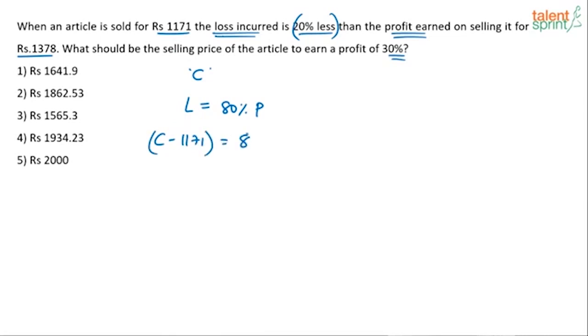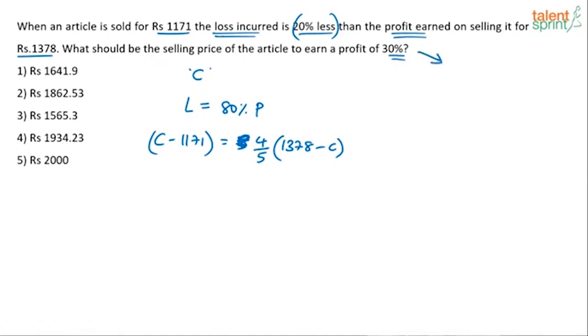What is profit? Now 80% can be taken as 4 by 5, right? Directly 4 by 5. Profit is selling price minus cost price. Now selling price in case of profit was 1378 minus cost price C. It's over. You have to find out C. One equation. Can you not find out C? Yes. Solve for C, and then what should be the selling price of the article to earn a profit of